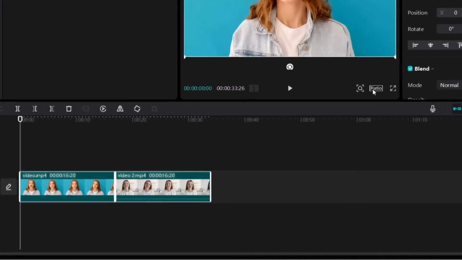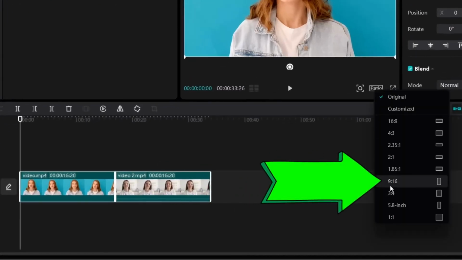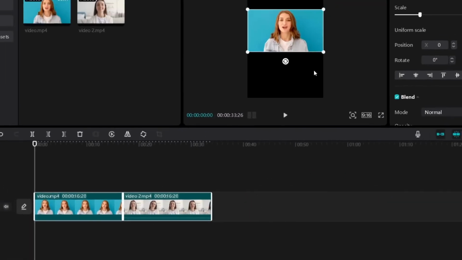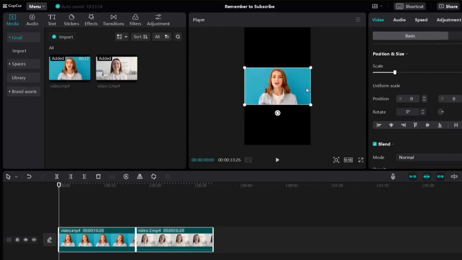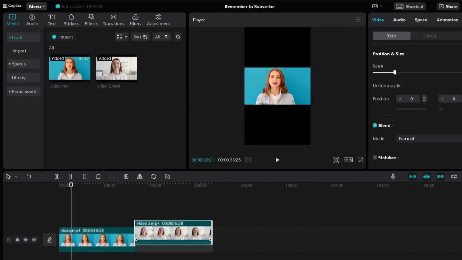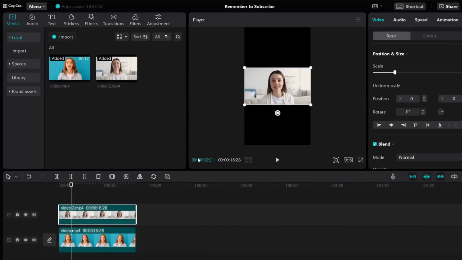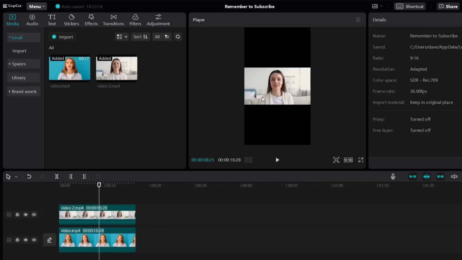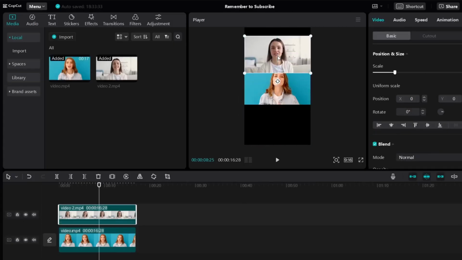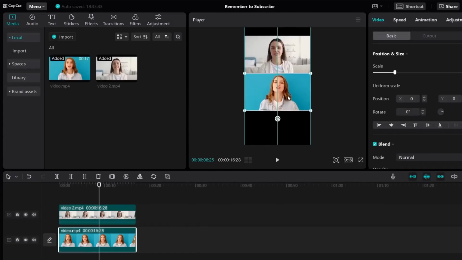First, you need to click on ratio and then you change it to 9:16. If I click it, you can see that we now have a vertical format. First, let me just stack these two videos like this. And then now we can adjust the video so that it fits into this vertical screen. Okay, so the way you can do it is